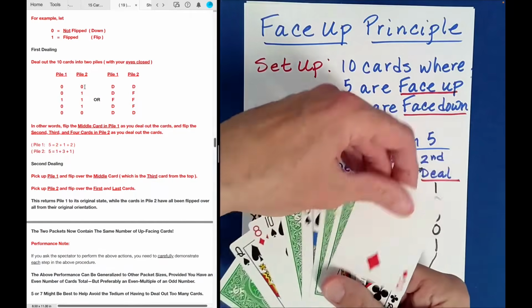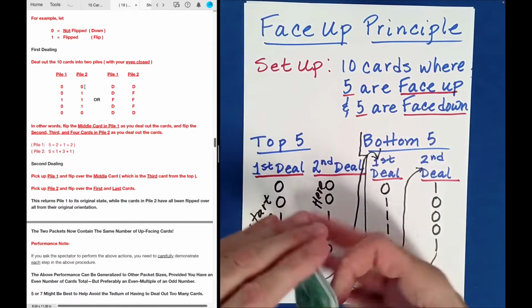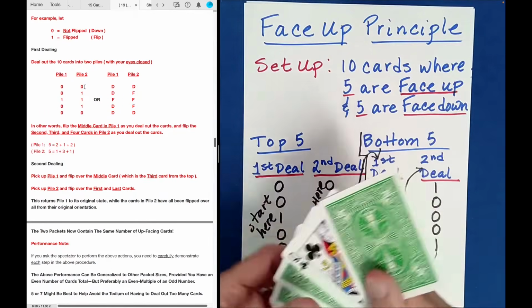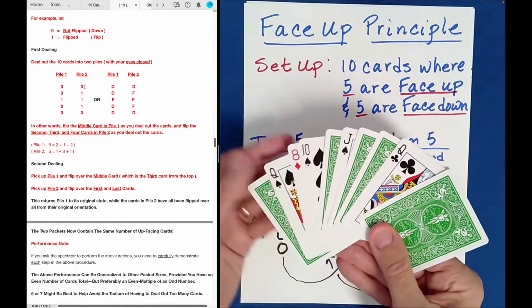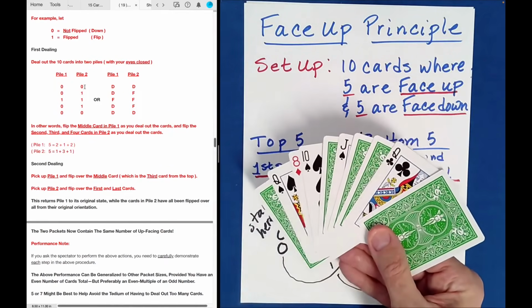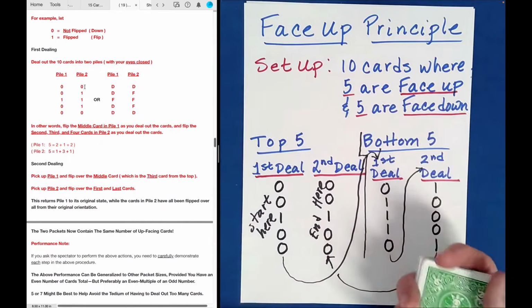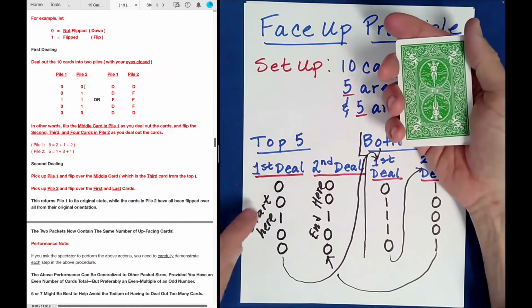So here I want to make sure I just have 5, right? For our little system here, simple little system for 10 cards. So I have 3, 4, 5 face up. Okay, so let's do it just one more time here. So what I do is I go,